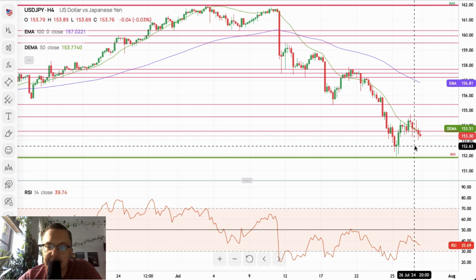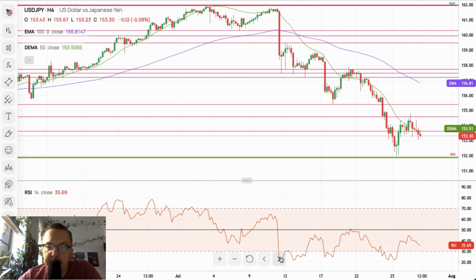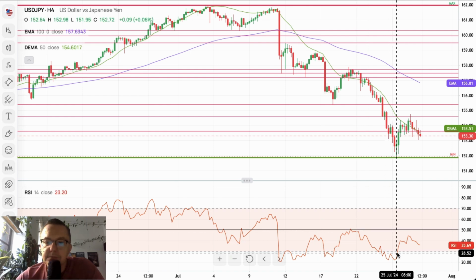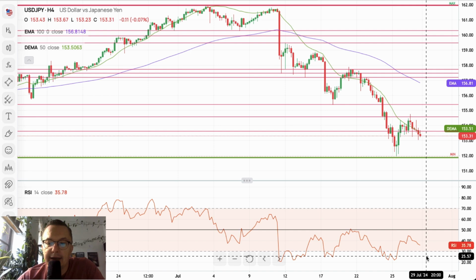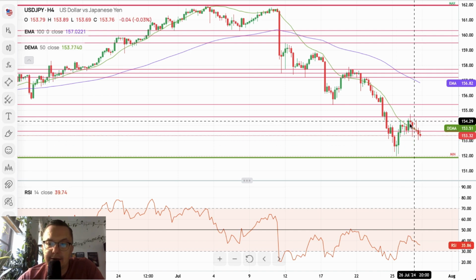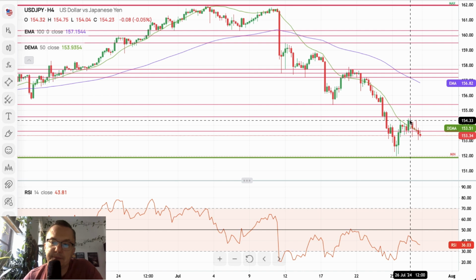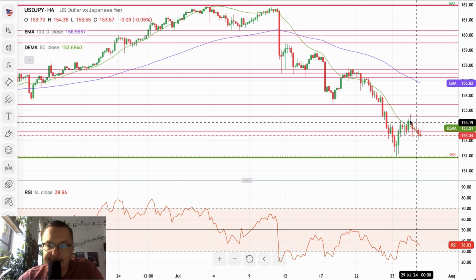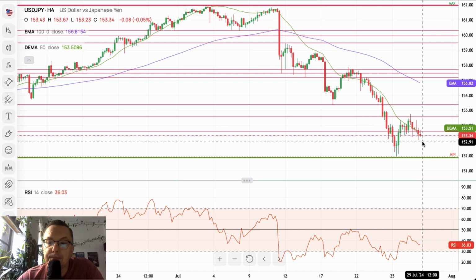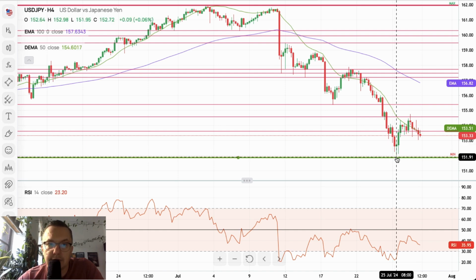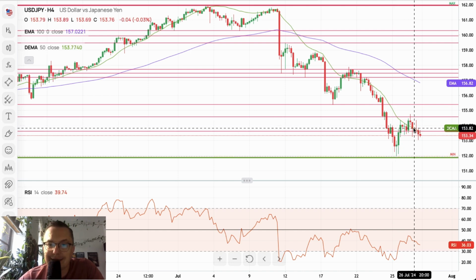So this situation here is still really negative because momentum cannot even break above the level of 50. It's being capped at the level of 50, so it moves lower every time it hits this level, and it looks like the local high at 154.75 might be the last swing high that we've seen for today, and the market will basically be pushed lower towards the swing lows at 151.95. This is the low from July 25th, 2024. So it looks like the market is under bearish pressure.